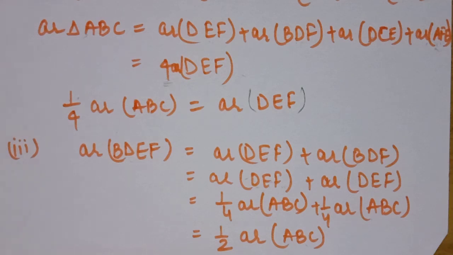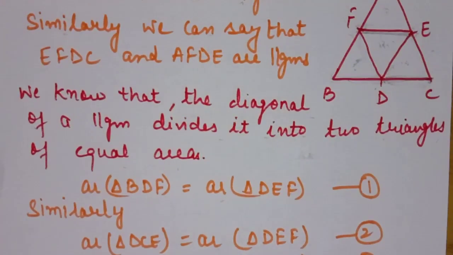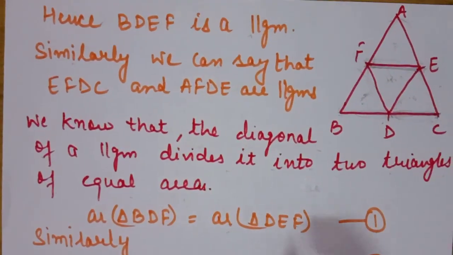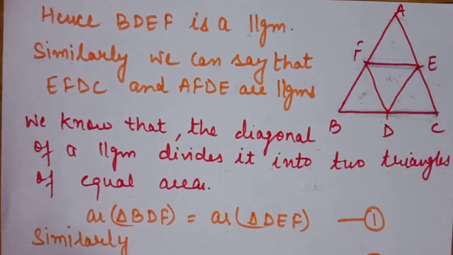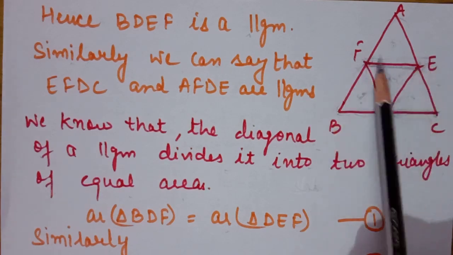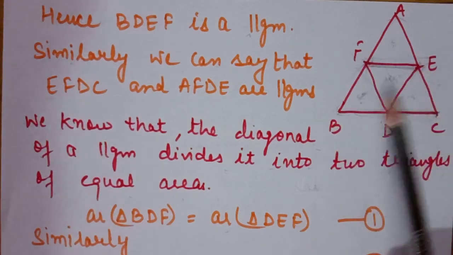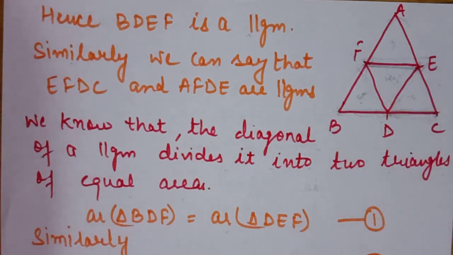But this is a proof, this is a way of writing the answer, but it is common and obvious that if in a triangle ABC, 4 triangles are there, they are equal in area. So in the parallelogram DEF having 2 triangles of same area, then definitely it is half of the area of ABC. But we have to write the answer, so that was the correct method to write our answer.